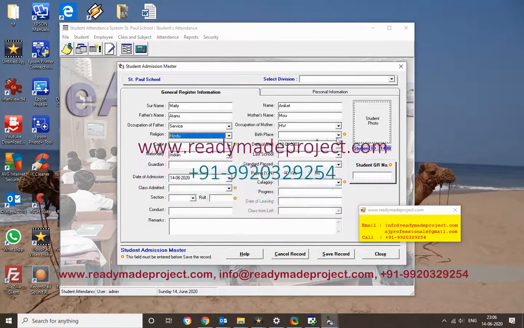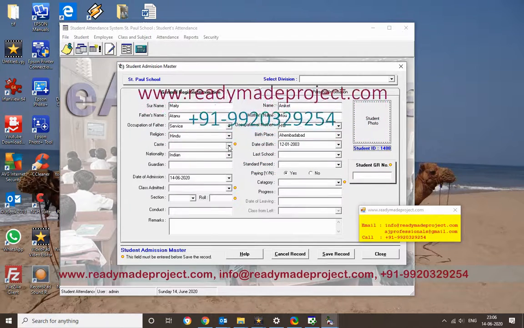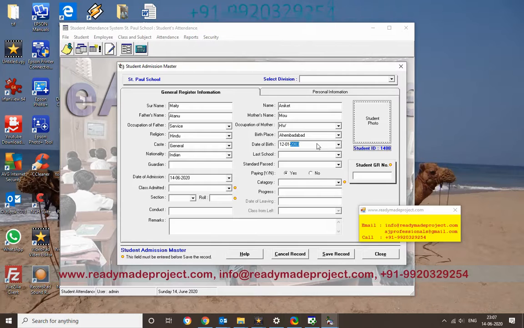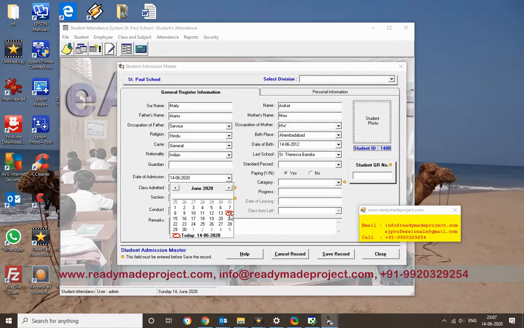Then birthplace, you can select. Then date of birth, you can change it like 2014, or select from there. Guardian is not compulsory. Last school is not compulsory. Date of admission, today is the date of admission, or I can give another date.